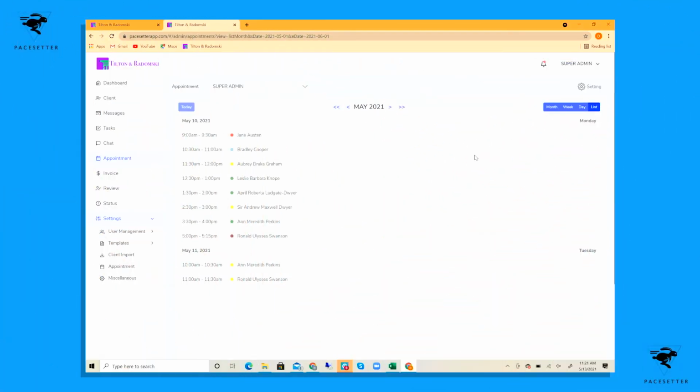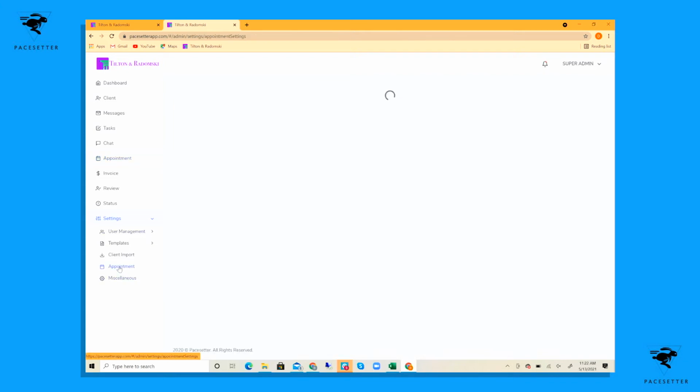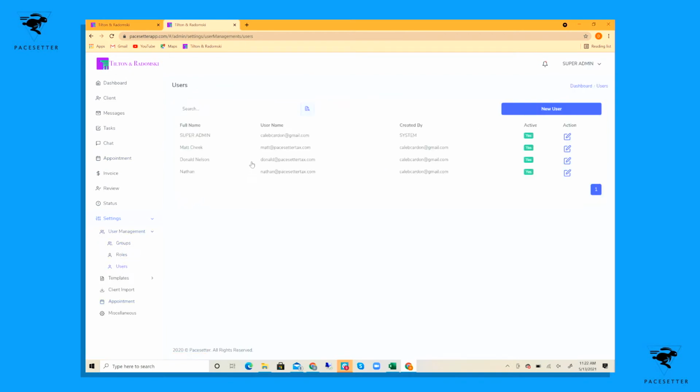Okay, let's talk about our calendar. This is one of the main reasons we created our own program. We were tired of having 3 separate databases: our tax software, our SaaS program, and then again another calendar, all maintaining a separate database of clients. So with this here, we can go into our settings, go into user management, and let's click on one of